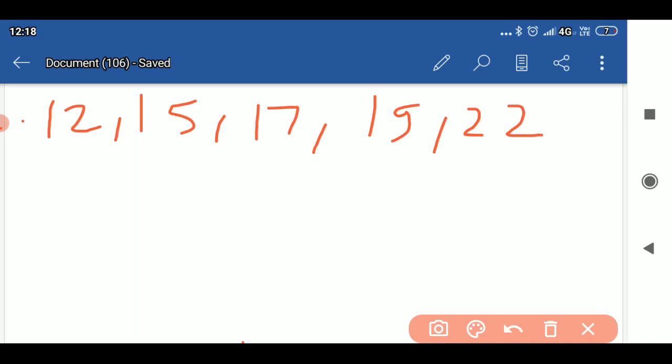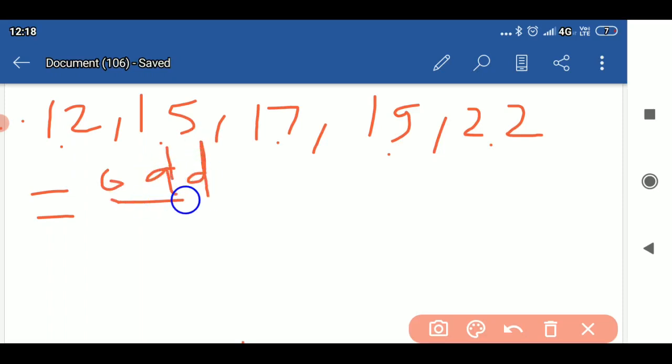These are the data values. First, as you know, we will count the number of observations. Is it even or odd? Let's check. 1, 2, 3, 4, 5. So 5 is an odd number, so we will apply